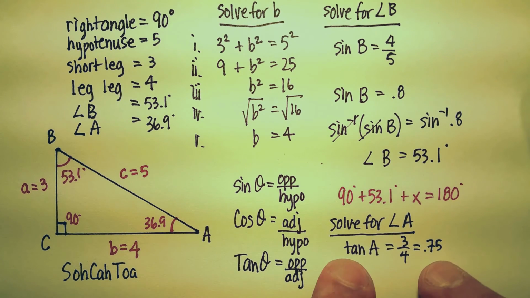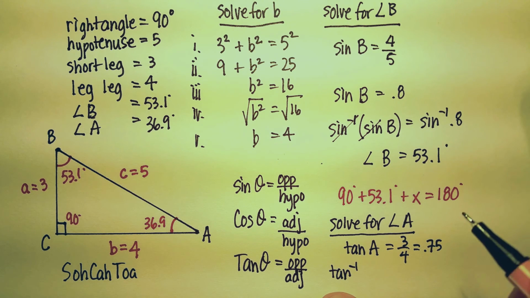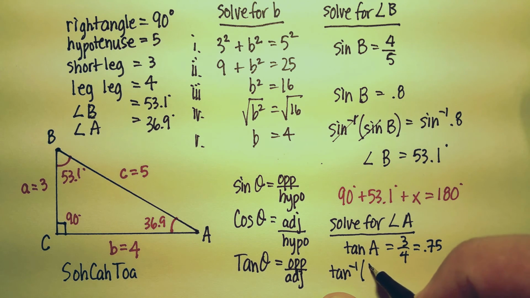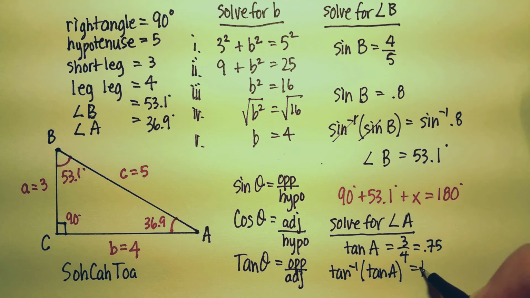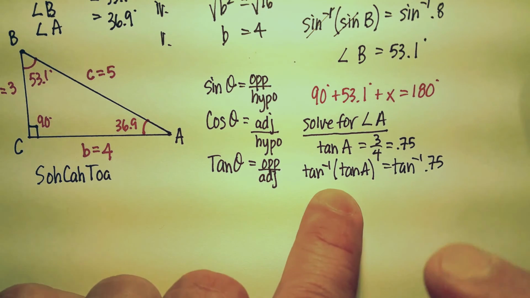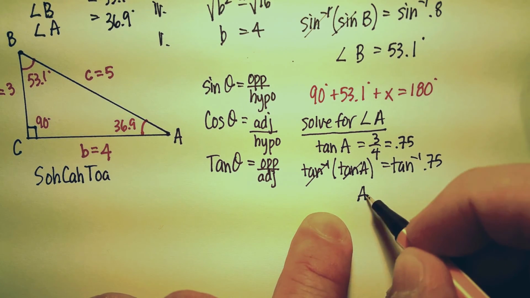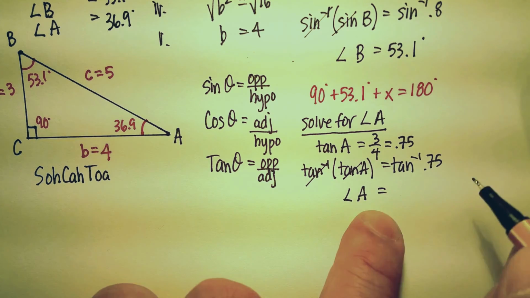I'm going to multiply both sides by the inverse tangent, right? So inverse tangent of tangent A, and multiply this side by the same thing. Okay, we know that this cancels out to 1, so I'm left with just angle A should be equal to,